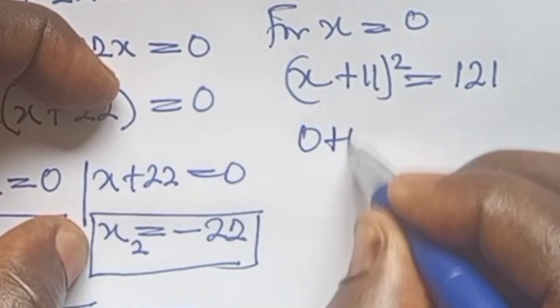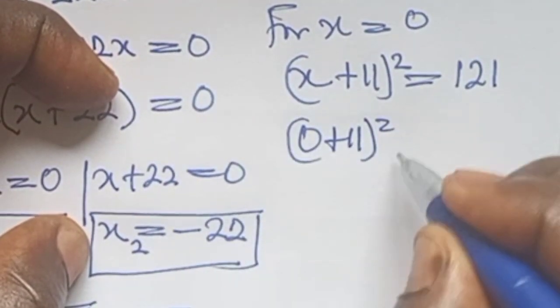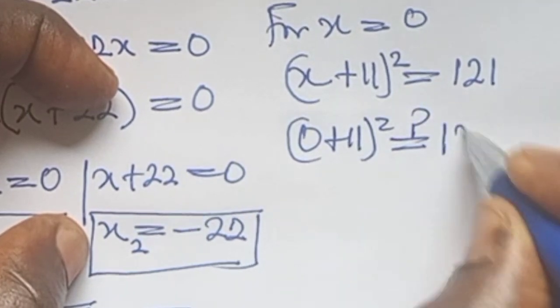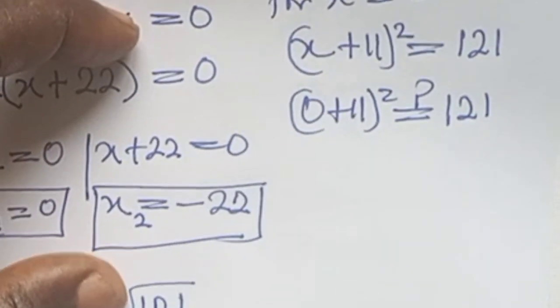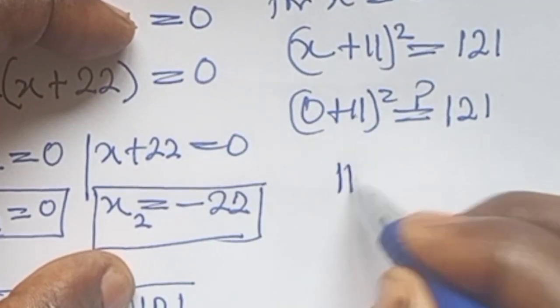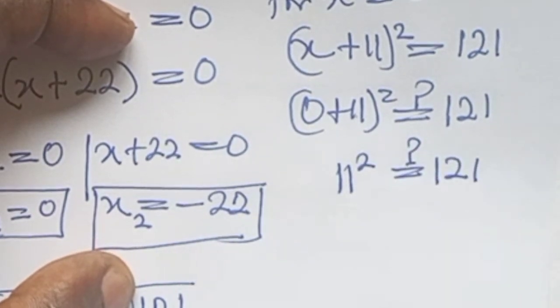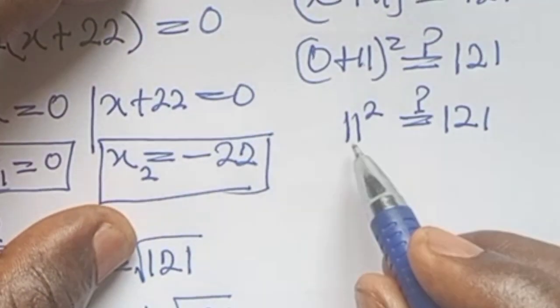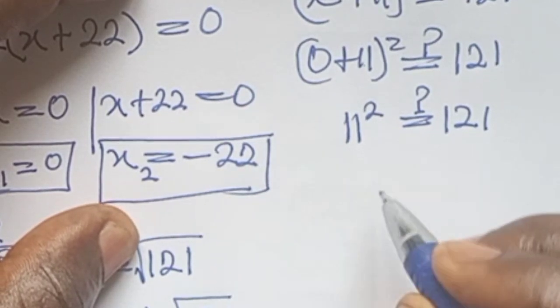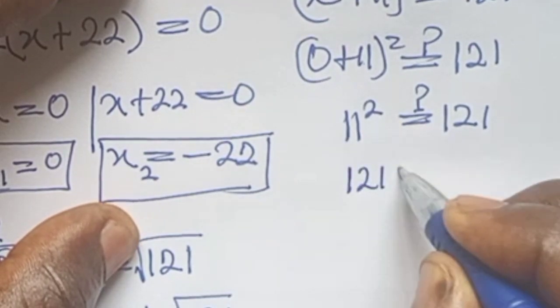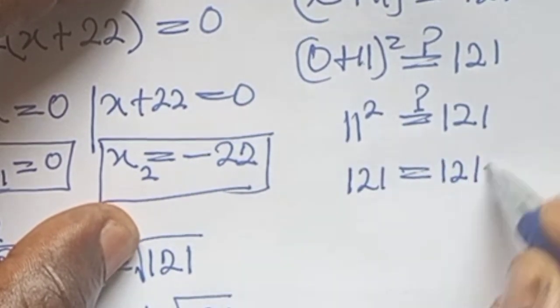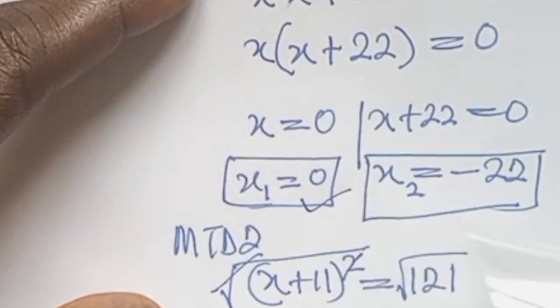So that's (0 + 11)^2. Can this be equal to 121? 0 plus 11 will be 11^2. Of course, 11 times 11 is 121, equals 121. So it's true for x = 0,